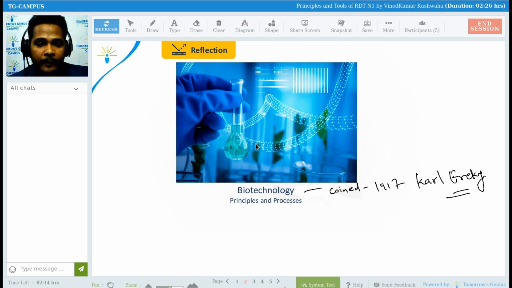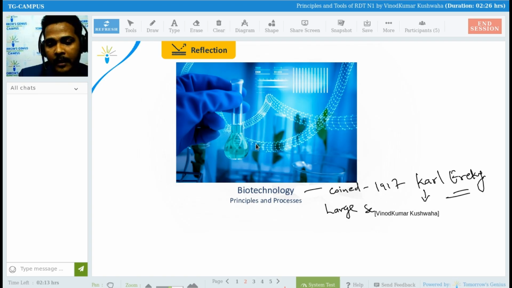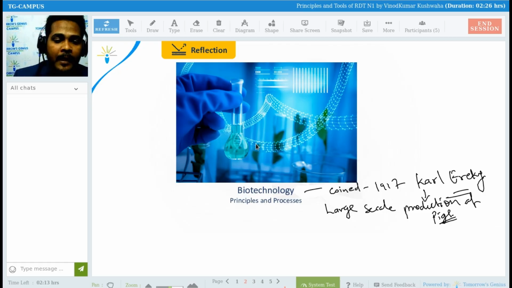So yes, now here, this biotechnology term was coined by Karl Ereky, and he used it because he described a process for large scale production of pigs. Basically he was an engineer, so he worked on large scale production of pigs. He used this term biotechnology, and then later on